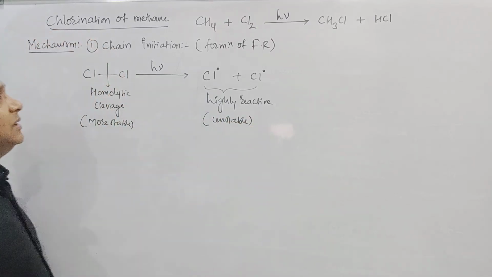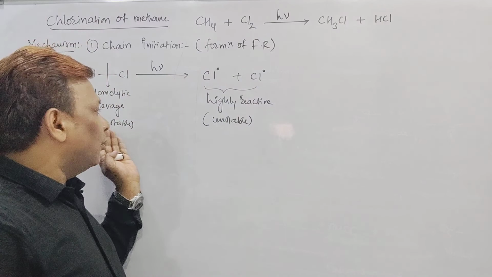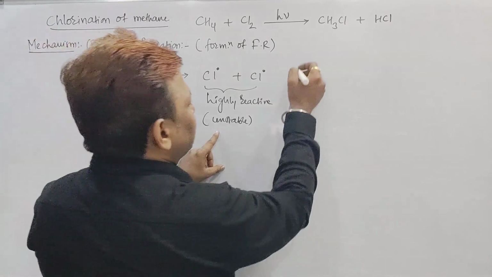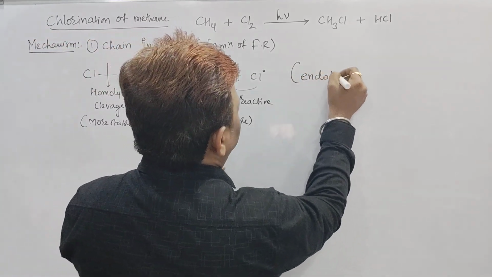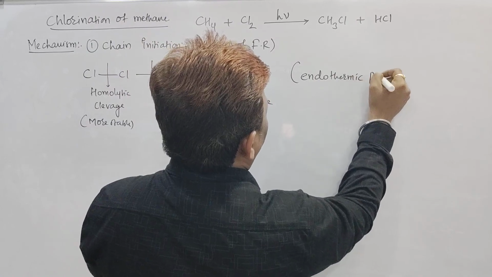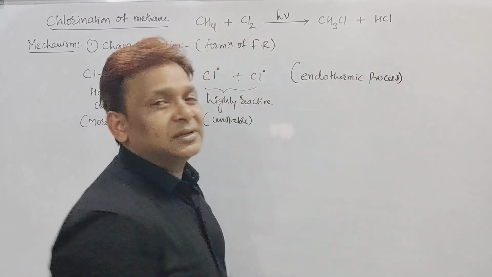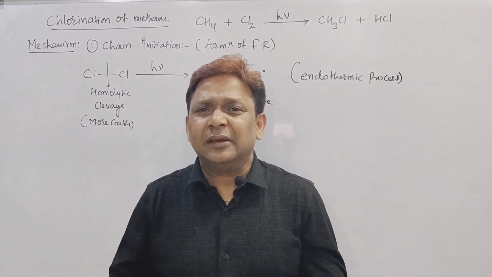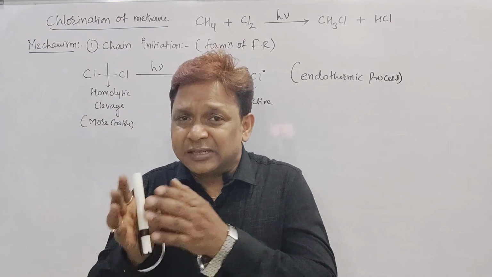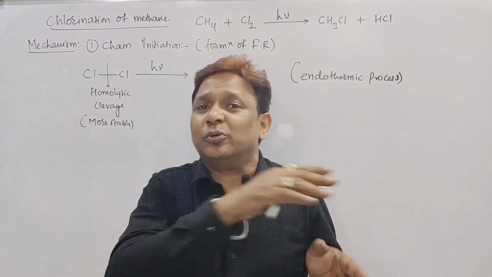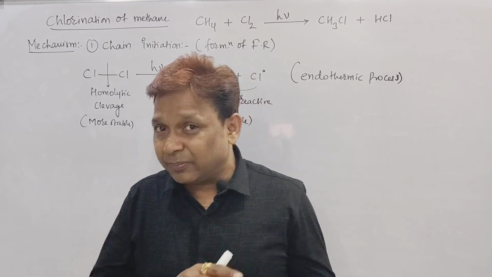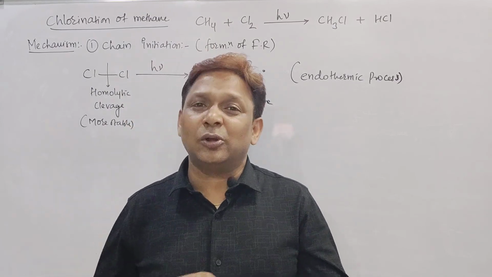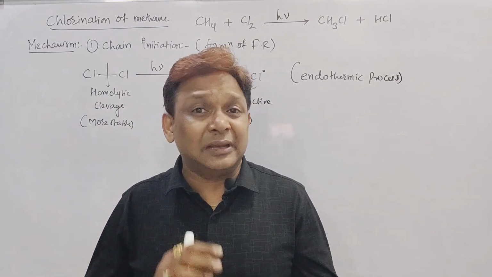that is, unstable. But whenever the reaction moves from more stable to less stable, the process will always be considered an endothermic process. Why? Because thermodynamically this process never occurs. Anywhere you see a reaction going from less stable to more stable, the reaction can perform on its own, that is, spontaneous. But here you are performing the reaction from more stable to less stable, the reverse.